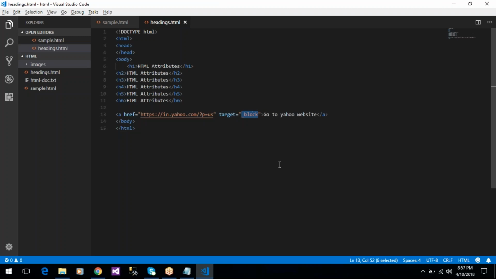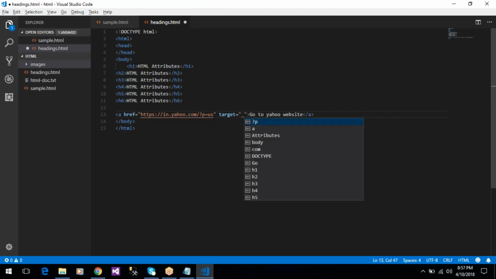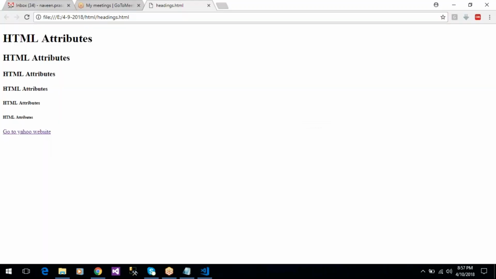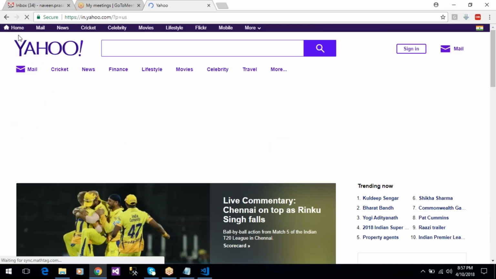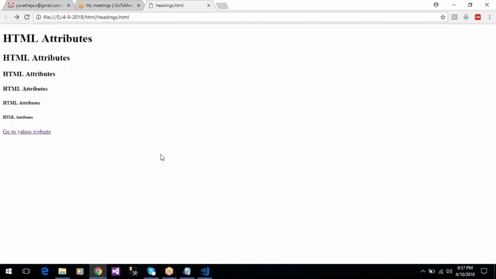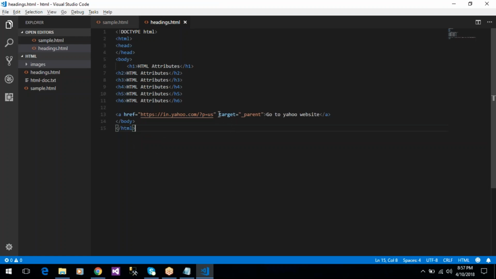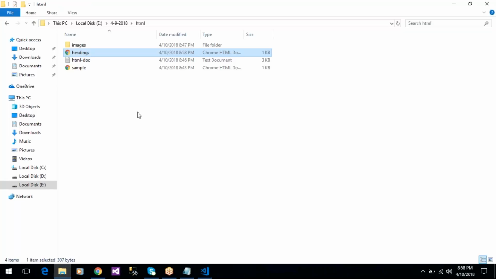So if you give this target equal to parent, the website is opened in the same tab only. This website is not opened in another new tab. So this is the usage of this target attribute. Here we provided a URL, the Yahoo website URL, so that website is opened in a new tab or in the same tab. But here I want to redirect